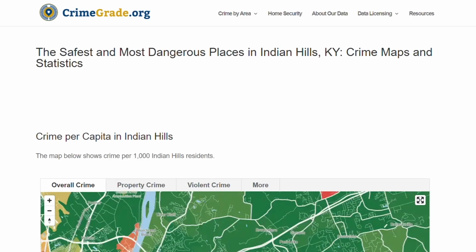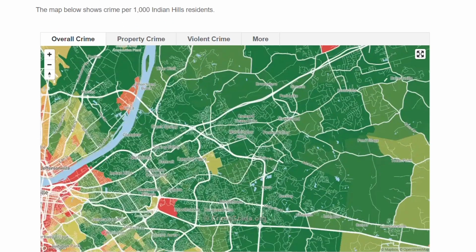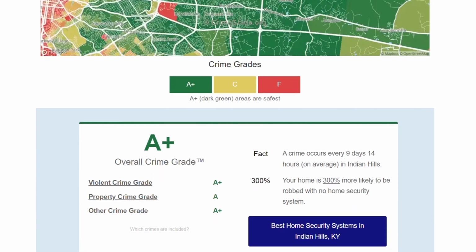Another thing that contributes to its high quality of living is the crime rate. Now, everybody wants to live in a neighborhood that's safe. We all value our personal safety. I know when I was relocating here to Louisville, I was really concerned about that. One of my favorite resources when it comes to assessing the safety is a website called crimegrade.org. It has a system where it's like green, yellow, and red in various shades of those colors. Indian Hills is going to be green, which means overall it has a less incidence of crime in comparison